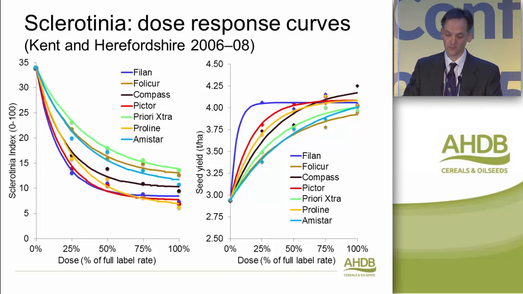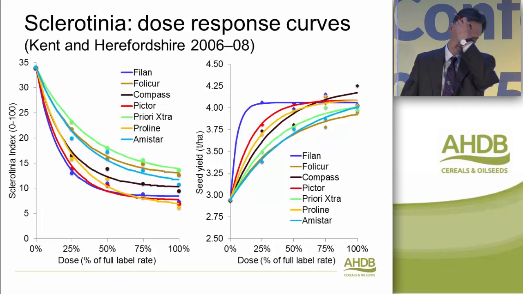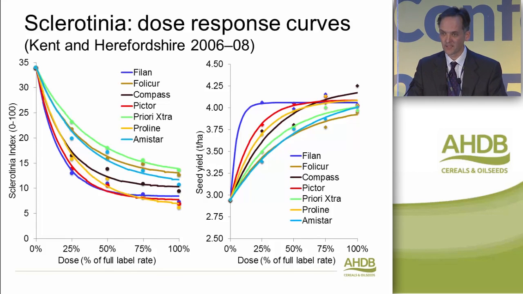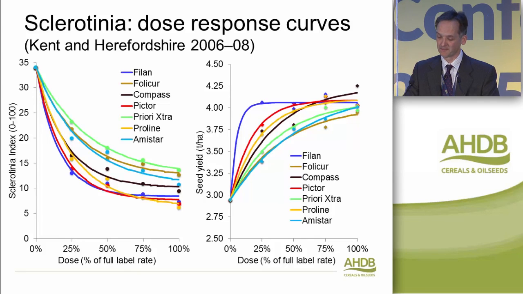In terms of yield, with most products, actually, in epidemic seasons, we usually see a benefit from going, if you are just applying a single application, beyond the half-label rate. Phelan looks to be the exception there, but I'm not sure that's something I would lean on too heavily. But certainly with Phelan, the message is now that we need to be using that in mixture with other modes of action, given the concerns about new strains of Sclerotinia with boscalid resistance.